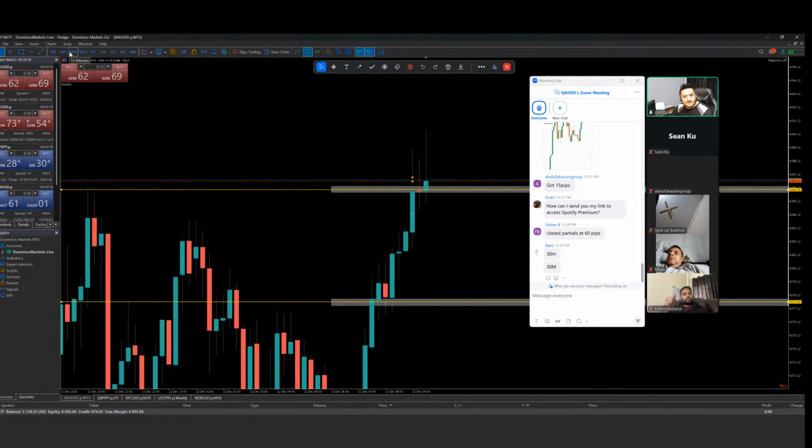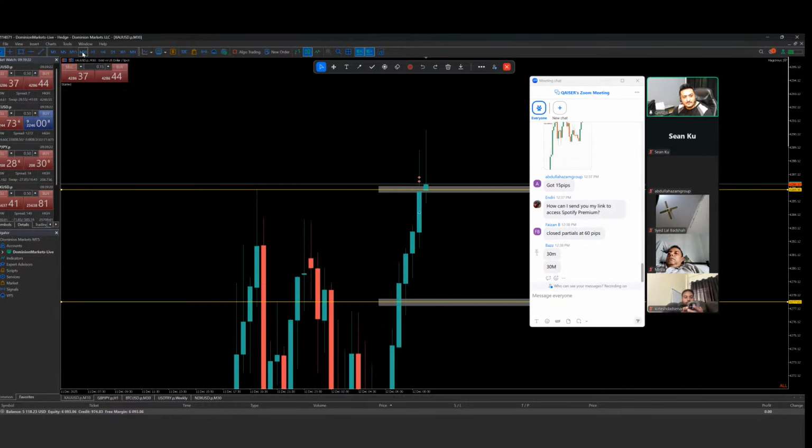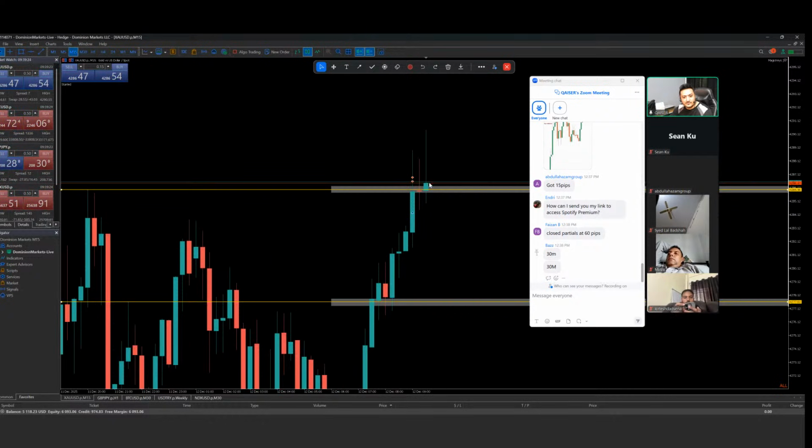Wow, man, it's creating a higher high and pushing to the downside. So I think it will be better to wait for this candle to close, and then you can give your trade a chance for the buys. Or if it continues pushing downside and creates some support somewhere here, then you can also give your trade another chance. That also makes sense.